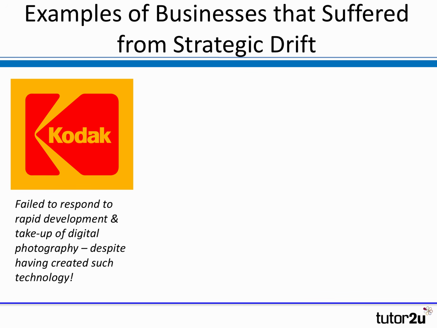Perhaps the classic, perhaps the most significant and certainly widely known example of strategic drift that's usually quoted in the textbooks is that of Kodak. Kodak used to have something like 95% of the global market for processing film for cameras. And it actually did have some technology to make it a leader in digital photography. But it decided that wasn't going to be a significant opportunity and ditched it. And of course, the rest is history. Kodak eventually filed for bankruptcy.